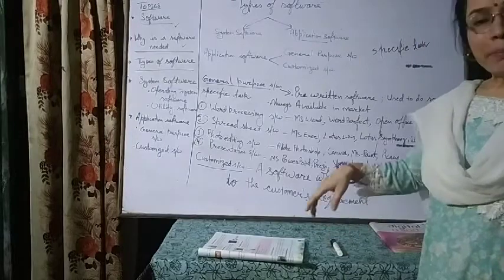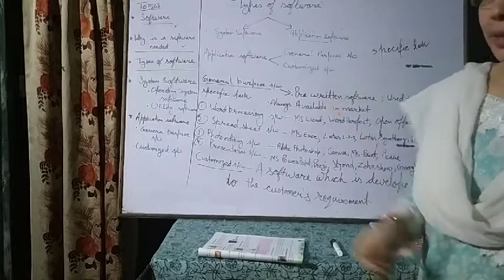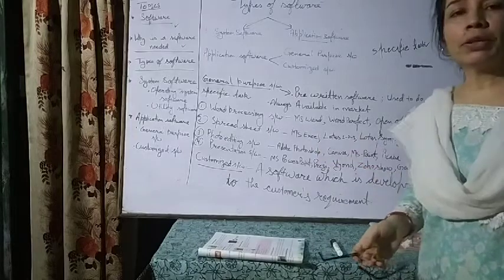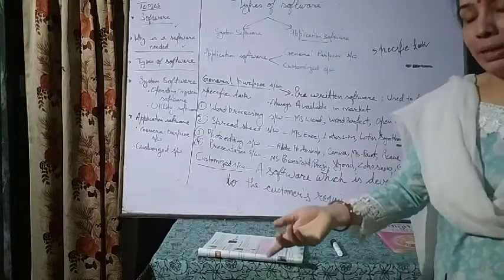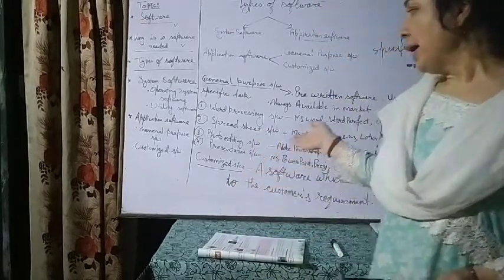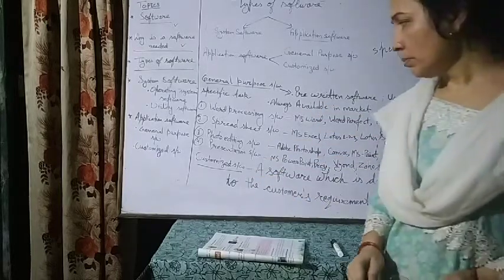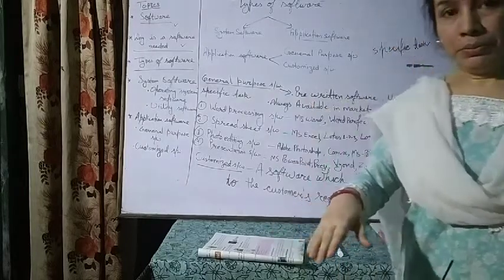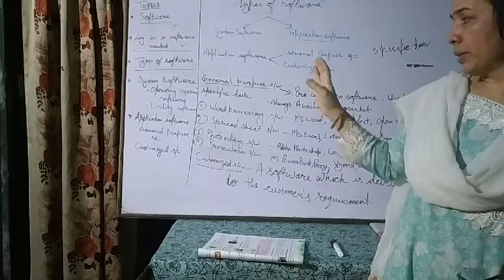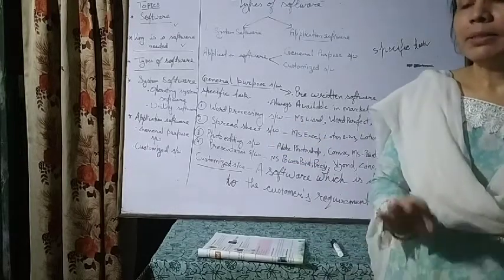There are many general purpose software. In your book only 4 are given. So these 4 we had discussed. Word processing software for creating documents, spreadsheet software for creating accounts and to do numerical data analysis, then photo editing to manipulate photos, and presentation software to create presentations. Examples I wrote here. So these are general purpose software which are created to do some specific work. Clear? So the first type of application software is general purpose software.